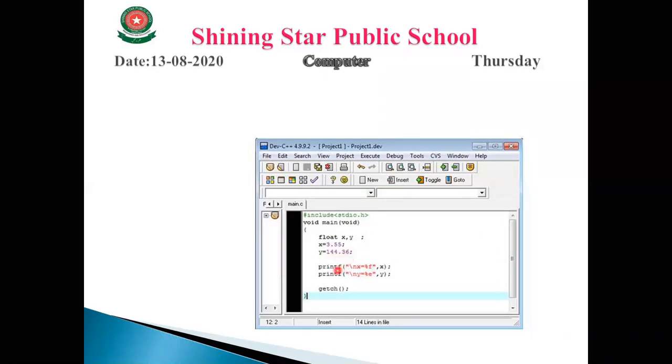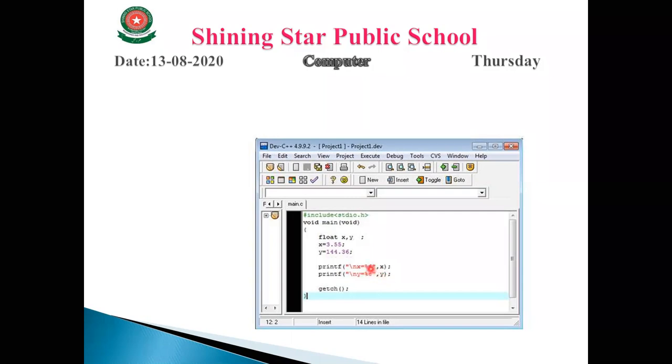Now printf \n x equal to %f. Now again, x equal to %f is written in the inverted commas, so it means we have to display this message on our screen, but we know that %f is replaced with the value of x, which is written after the comma, and here is %e, which is replaced with the value of y.